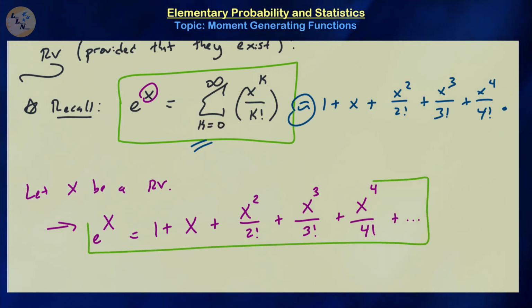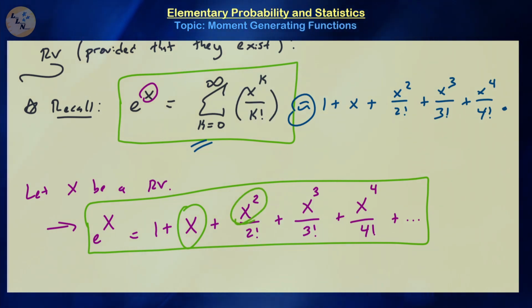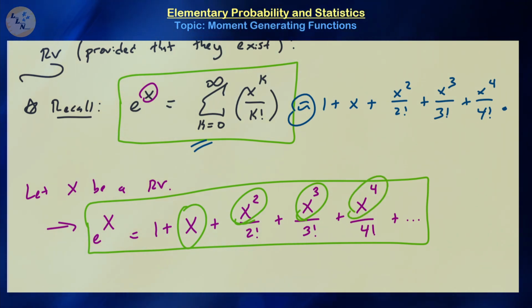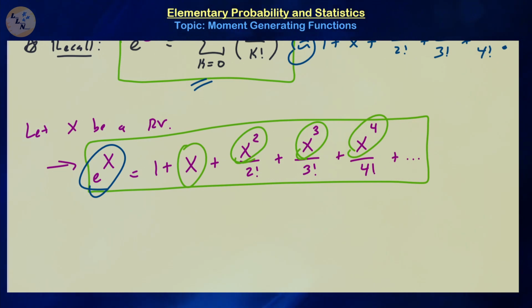So notice, if we were to introduce an expected value into this relationship, this would give me the expected value of X, the second moment of X, the third moment of X, the fourth moment of X, and so on. So technically, all of the moments of a random variable X are in this expression, where e to the X gives us a relation between all of them. So this expression